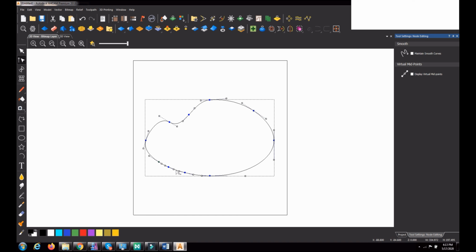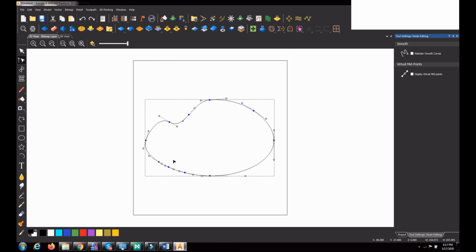Keep the cursor on top of the object and press R. The span between these 2 nodes is removed. I press Ctrl Z again, so it comes back to the previous shape.